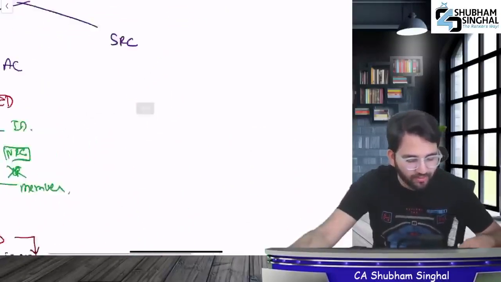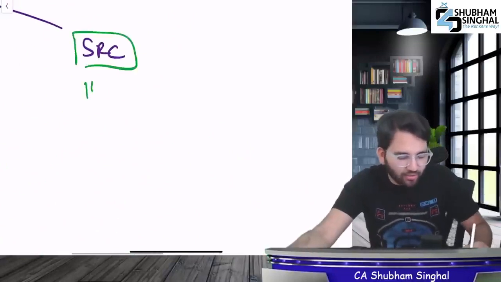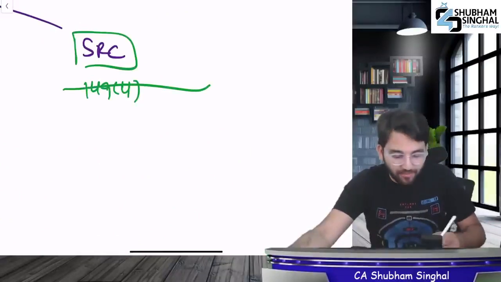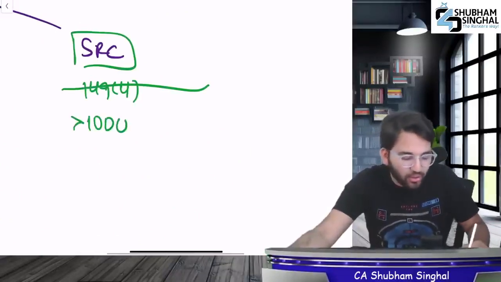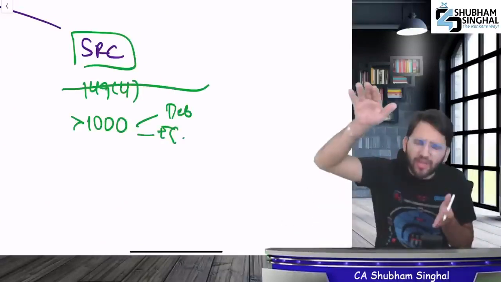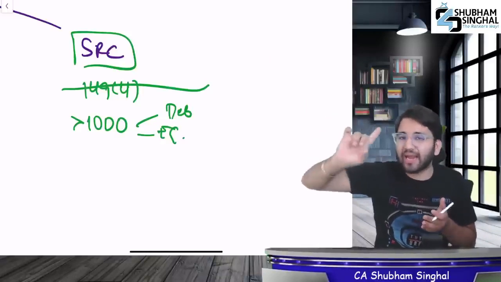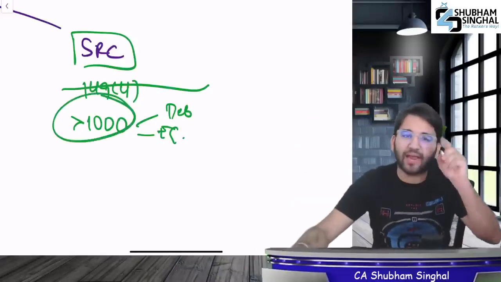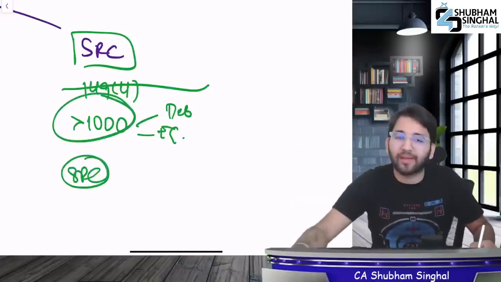Who forms the stakeholder relationship committee? Is it for a company on which 149(4) is applicable? That's false. The stakeholder relationship committee is formed by every company with more than 1000 stakeholders. Like there are debenture shareholders, equity shareholders. If combining all of them at any time of the year, meaning if debenture, equity and preference holders when combined cross 1000 at any time of the year, the SRC provision applies to that company.